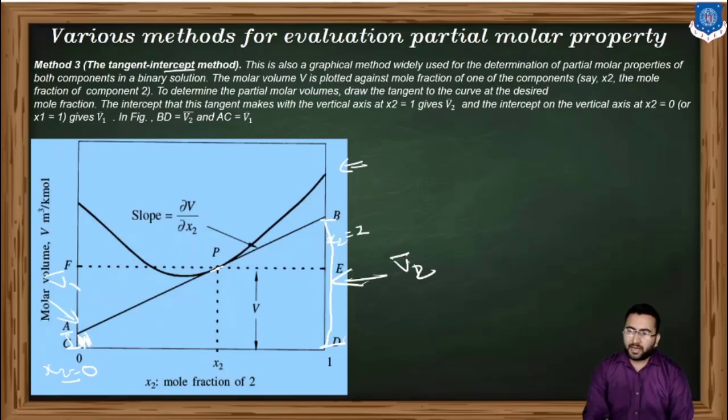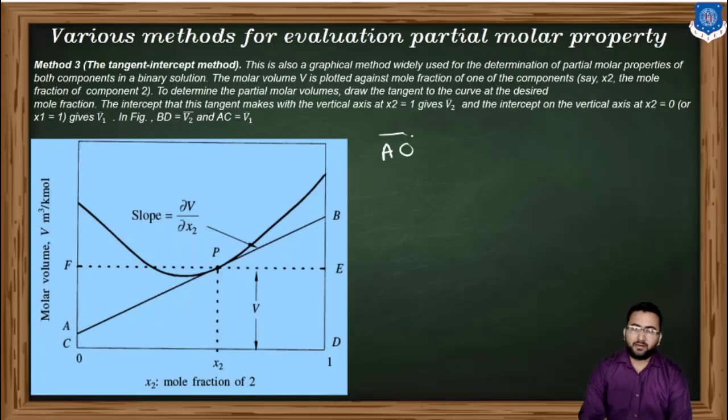Then at x2 equal to 0, if we measure this line, we will get the value of partial molar volume of component 1, and if we measure the value of this BD, we will get the value of partial molar volume of component 2. So line AC is equal to the partial molar volume of component 1 and line BD gives the partial molar